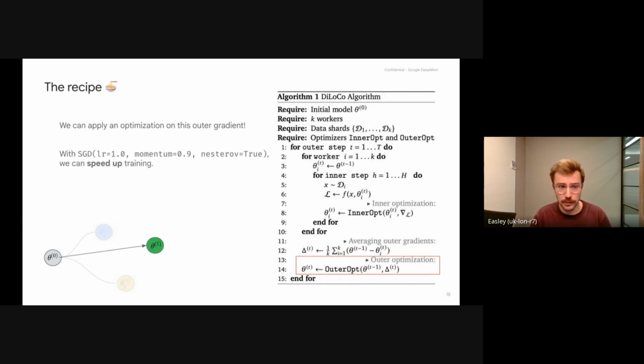However, we found best performance by using another optimizer that no one used before, to the best of our knowledge: Nesterov. The simple and old school Nesterov is actually working very well in our setting. So simply, it's SGD with learning rate 1, momentum 0.9, for example, and using Nesterov. So it's very plug and play with JAX or PyTorch, and we simply apply it on the outer delta. We believe that Nesterov could be useful, as you know, Nesterov can make a gradient correction, and that may be useful in our setting when our outer gradient is defined across hundreds of steps, and you may want to correct it in order to avoid overshooting some minima.